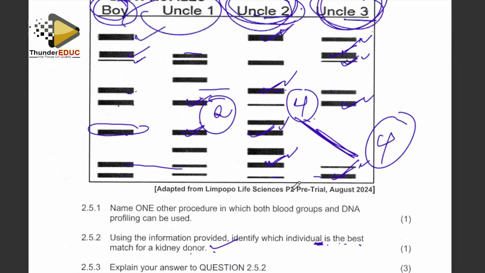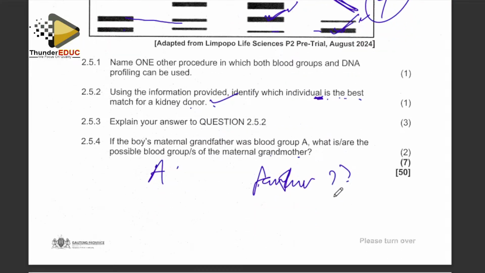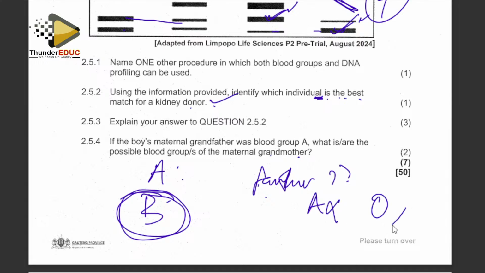But the boy is what? The boy is blood group B. So we come back here and we look for blood group B. So if the boy is blood group B, therefore, what will I say? I will say that the boy is blood group B. What makes blood group B? You can't say it's blood group A. No, that one's out. You can't say blood group O. That one is out. So it can be blood group B if the father is blood group B.